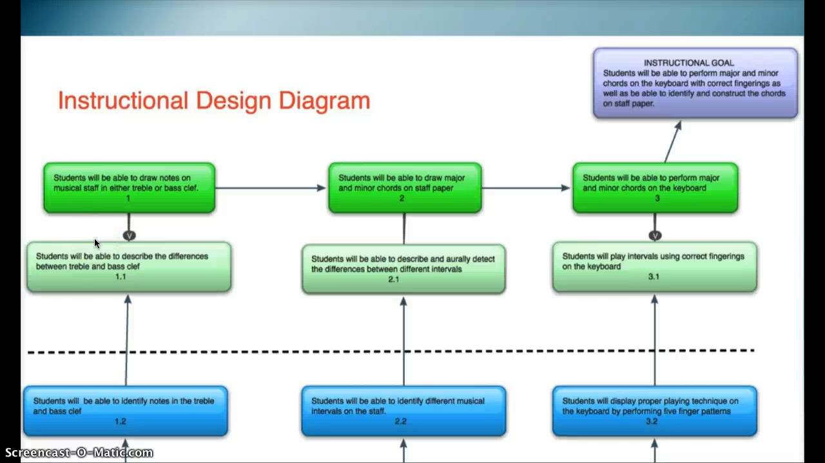This is my instructional design diagram. You see I have the instructional goal up here at the top. These are separate goals that will eventually lead to the overall instructional goal. So in order to get to the overall instructional goal of playing major and minor chords with correct fingerings, as